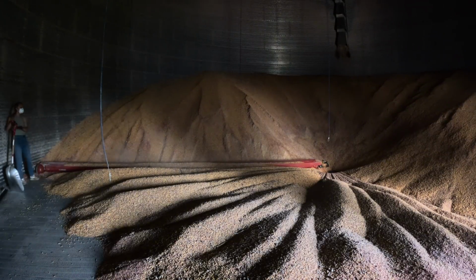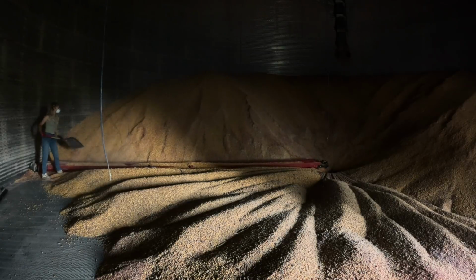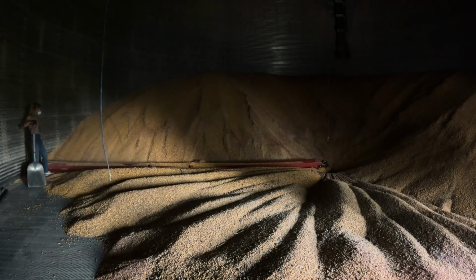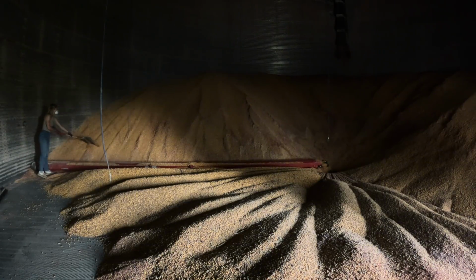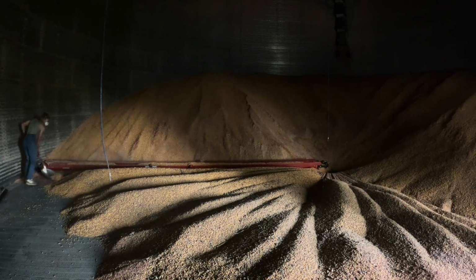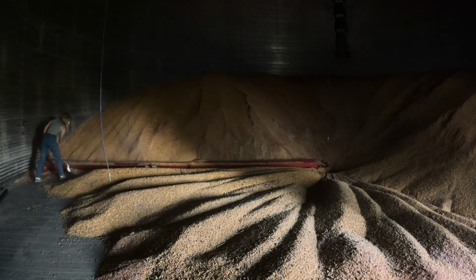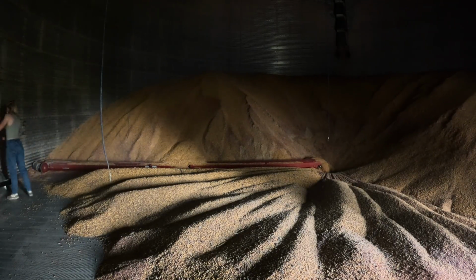Being that we're almost always a 50-50 split between corn and soybeans, and the corn produces such a higher volume of bushels, I don't really ever foresee us storing soybeans in here unless a whole bunch of people reach out about me castrating their ground. But this is our largest bin by a long shot, and it's also our only bin with a side draw